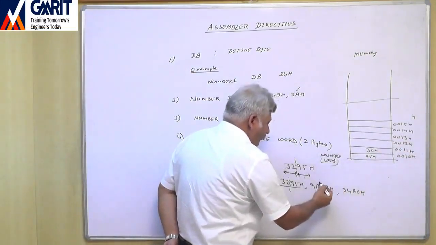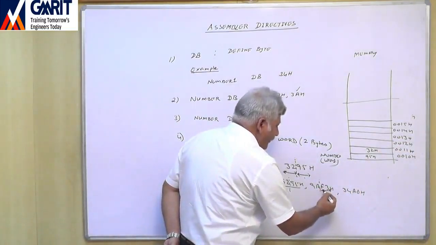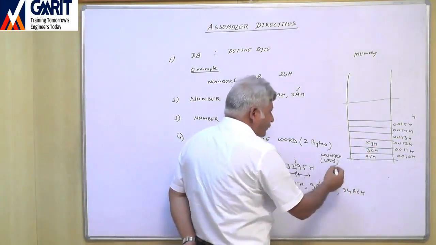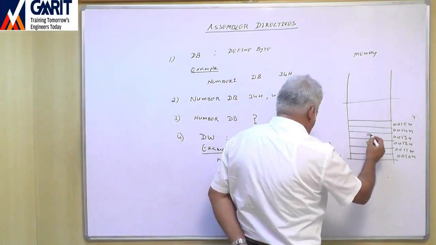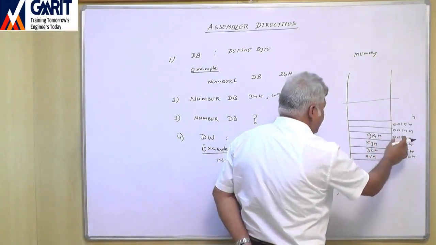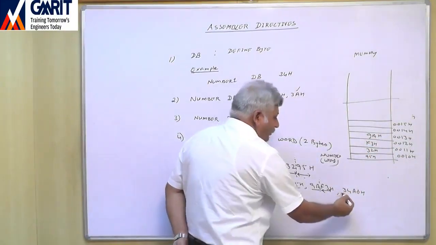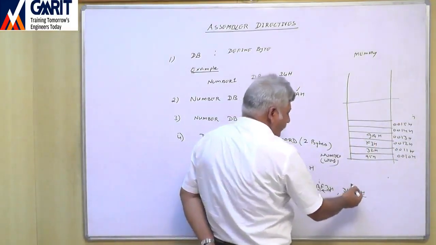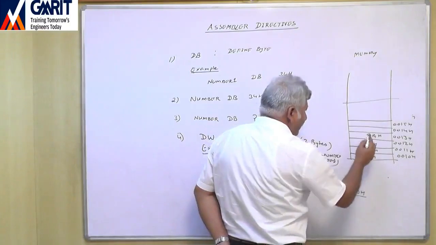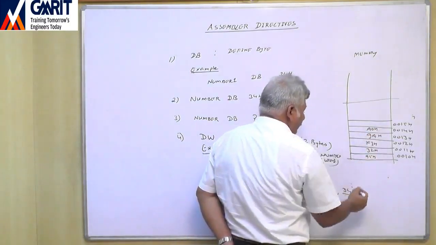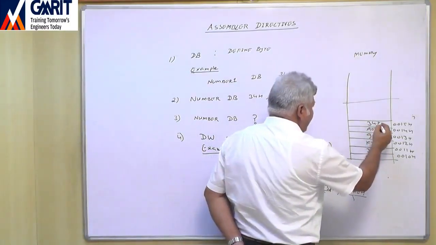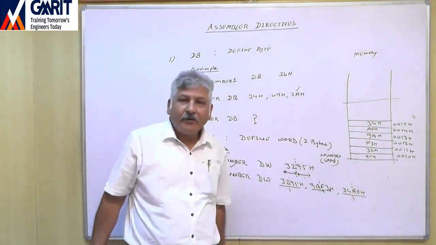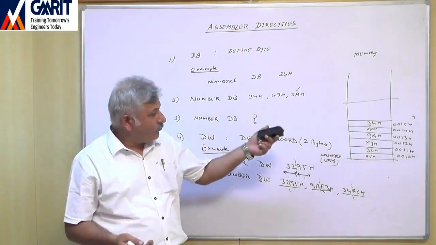So in 0012, the lower 8 bits of our number are F3. This will be stored. The higher 8 bits, that is 9A, will be stored at 0013. Now the third number will be stored at the next two locations. In the third number, the lower 8 bits are A0. First it will be stored, then the higher 8 bits will be stored. In this way, automatically in the memory these numbers will be stored,